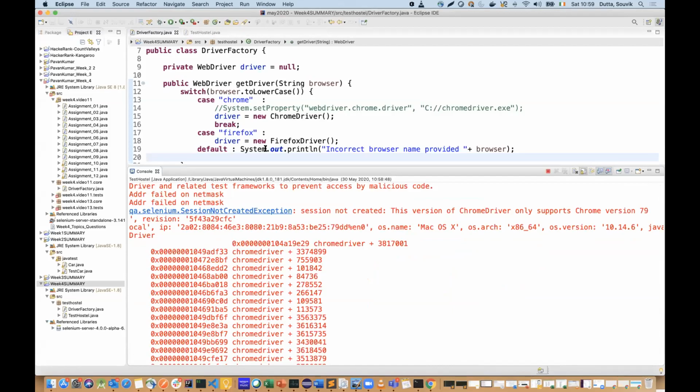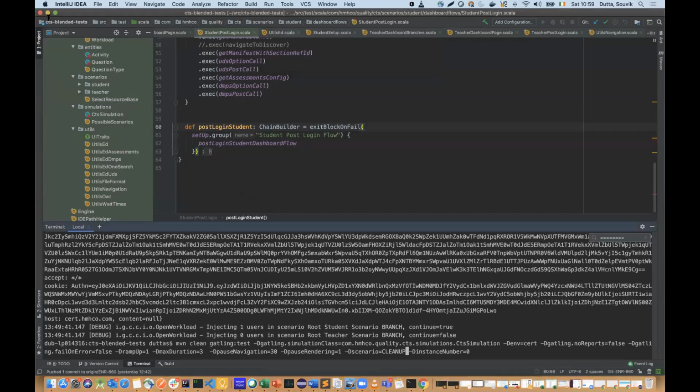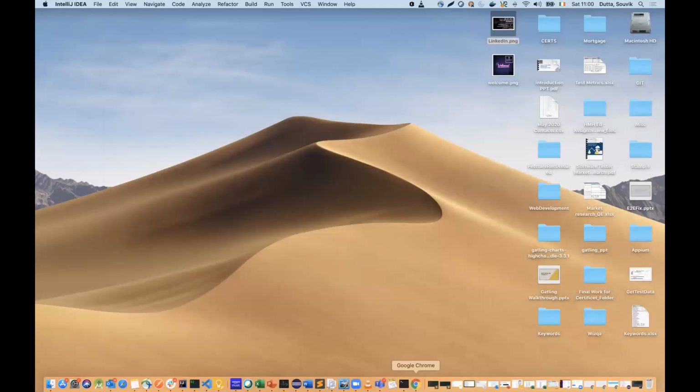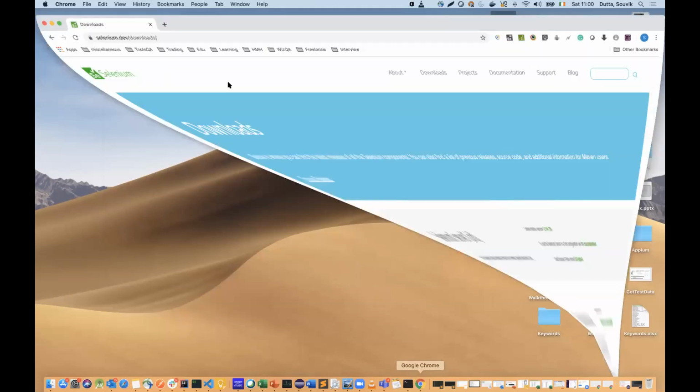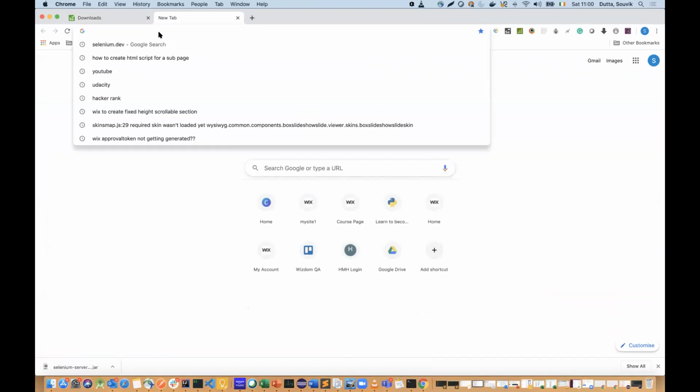So I think the Chrome that I, I mean, yesterday. Yeah, the thing is, I used a 79 version jar. So it is better if you can update to that current version. It works, Savik. Latest version. No. What I will do is I will try to download the Chrome driver